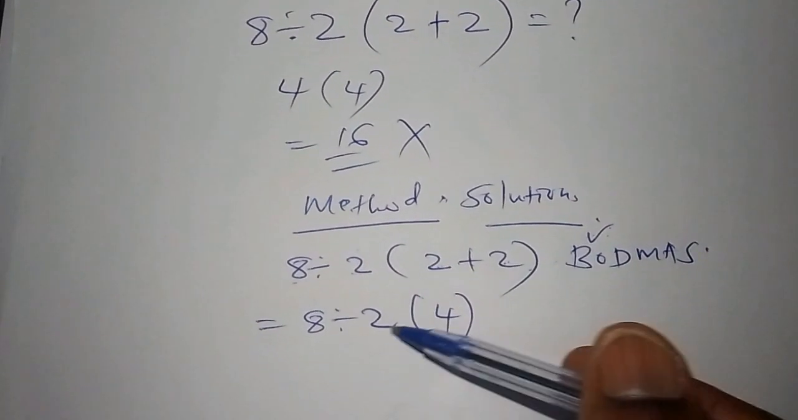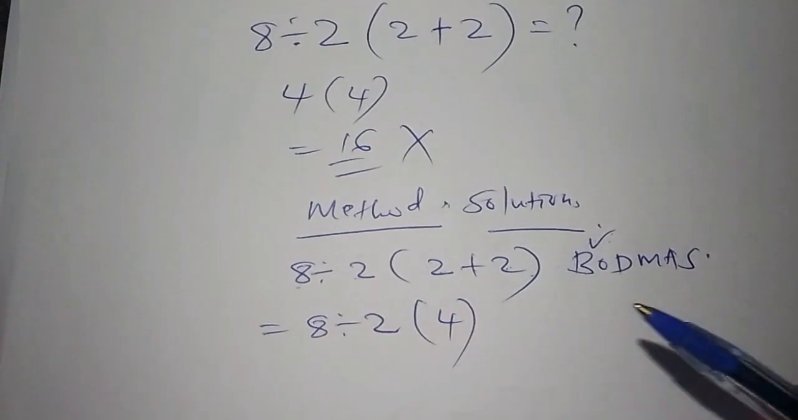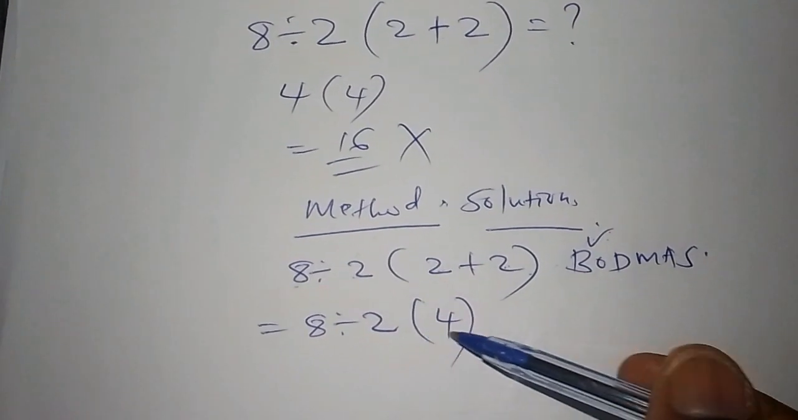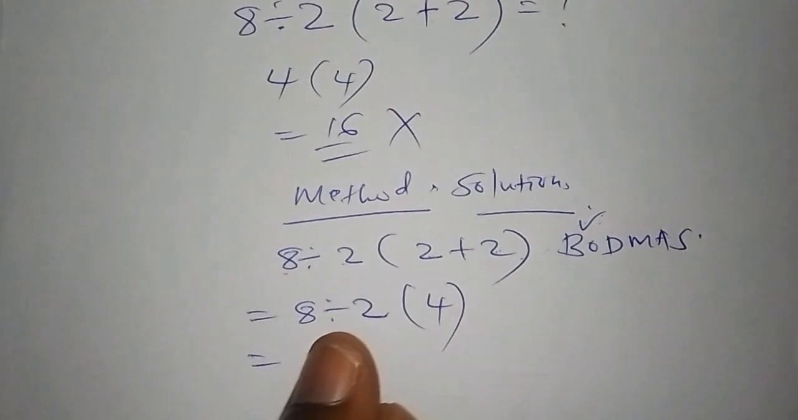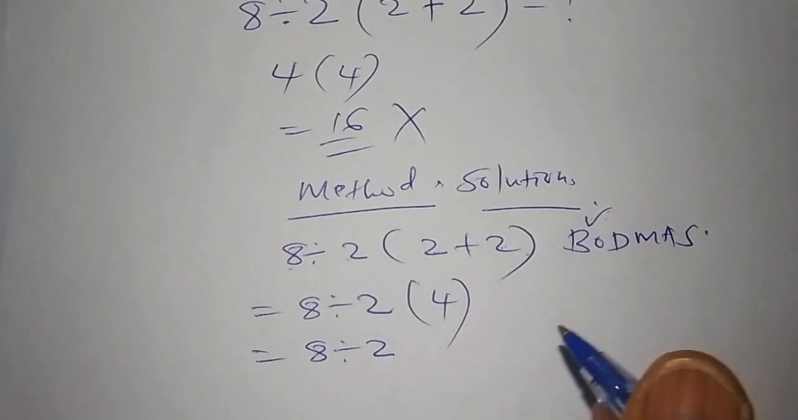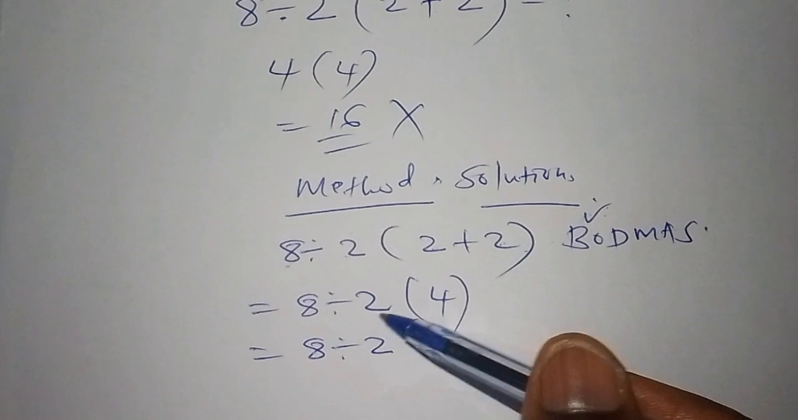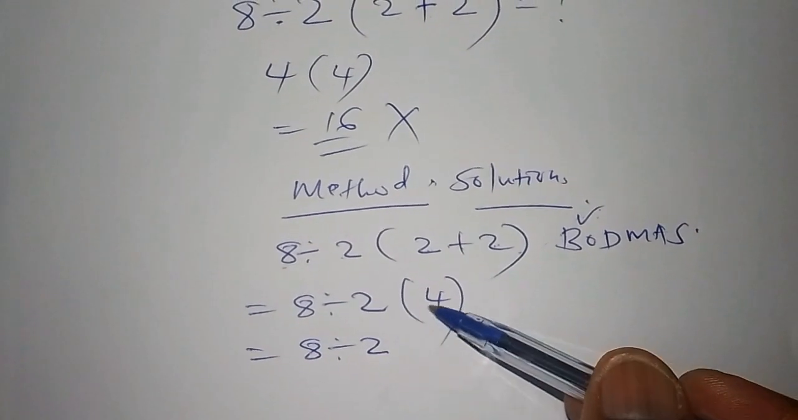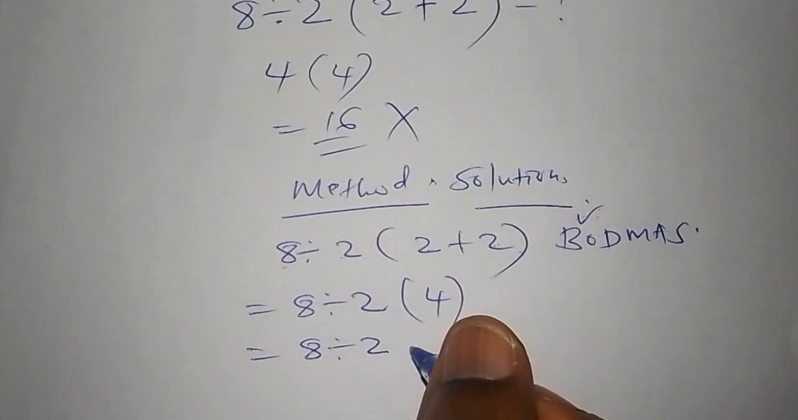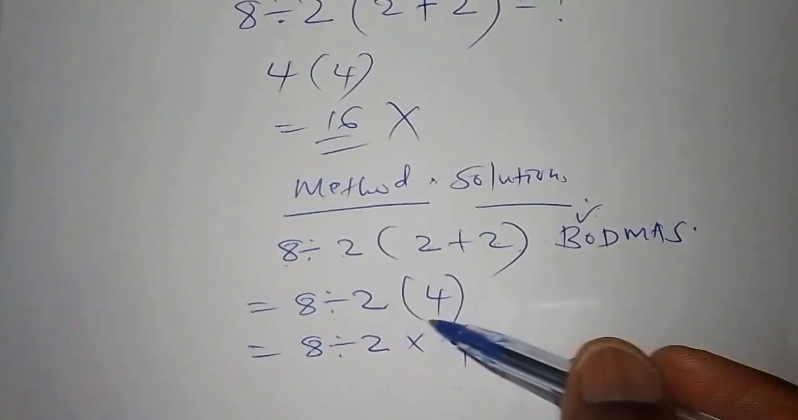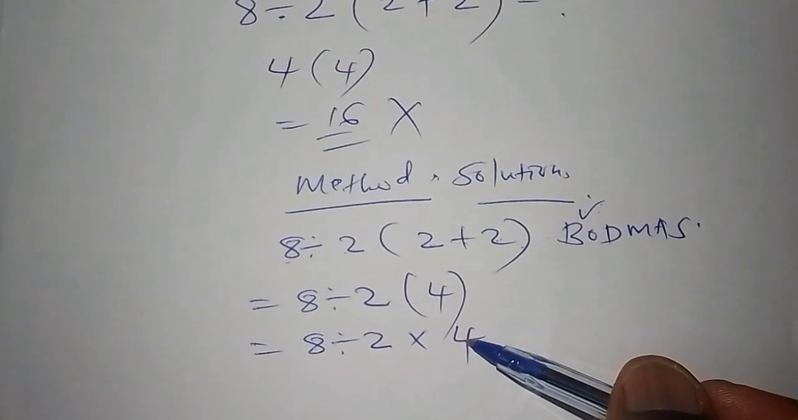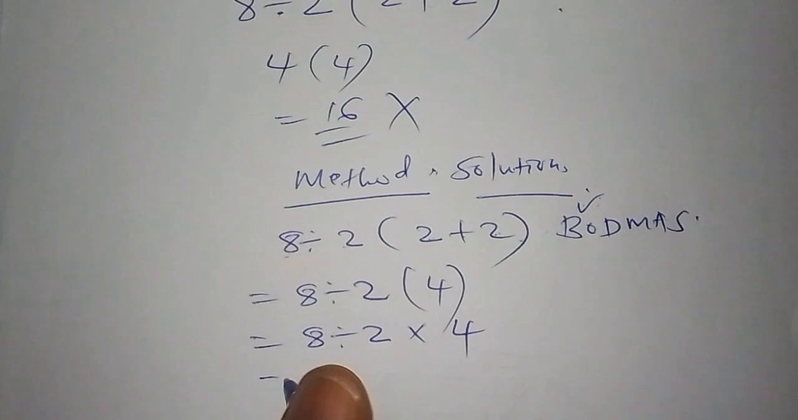Already we've still not opened this bracket, so we still have the bracket. So here we say that this is equal to 8 divided by 2. For us to open the bracket, we multiply with the number inside the bracket. So 8 divided by 2 times 4, because we've now opened the bracket. So our next step shall be now